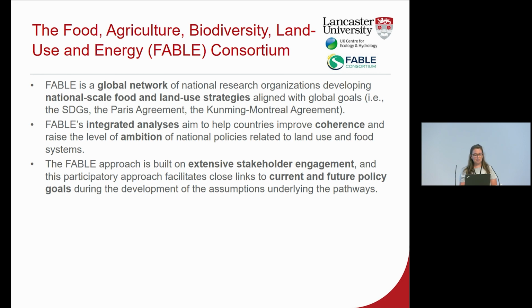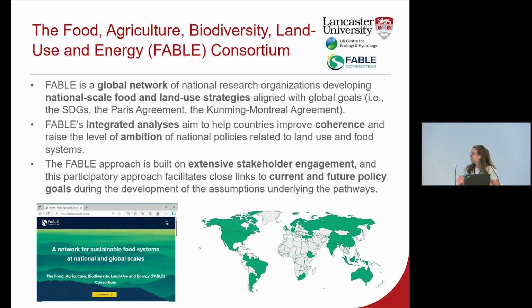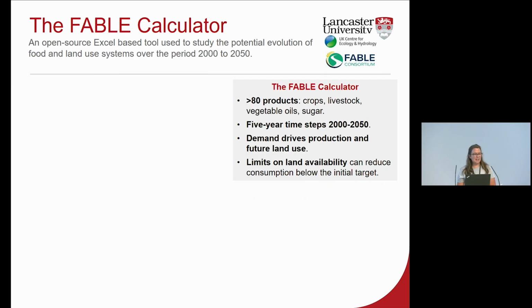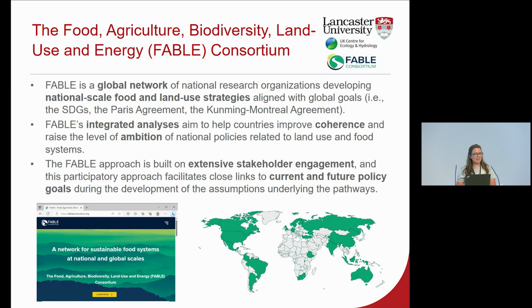This participatory approach facilitates close links to current and future policy during the development of the assumptions underlying the pathways. I've just left a screenshot of the website for more information on the consortium itself, and the map shows the countries that are also involved in the consortium. It's quite small, but the UK does have a team, which is led by colleagues at UKCEH and the